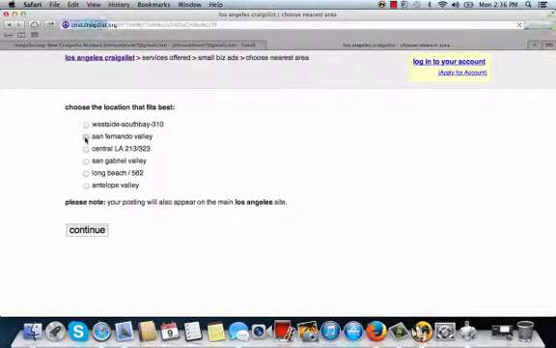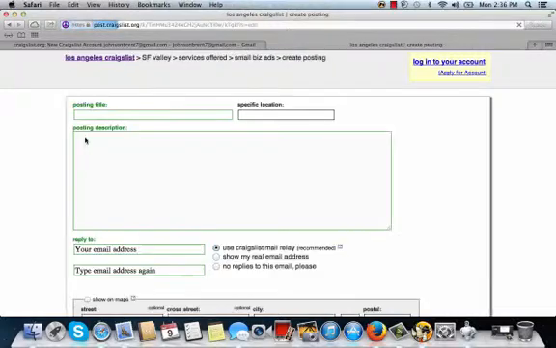And I'll just randomly pick some part of LA. It's so big and busy on Craigslist, they divide it up into areas. But I'm going to go ahead and just create a title, something like